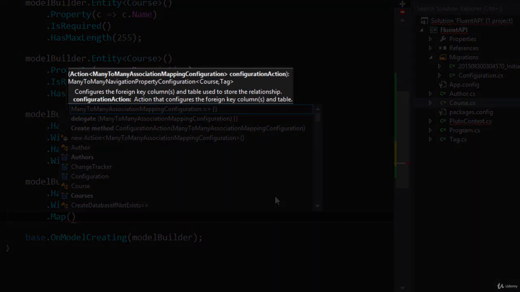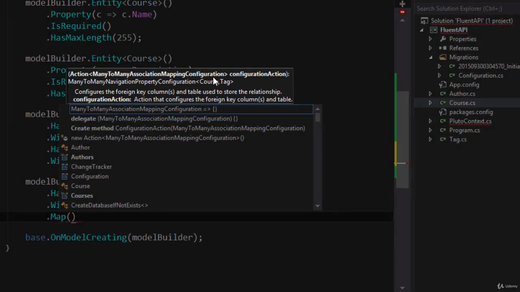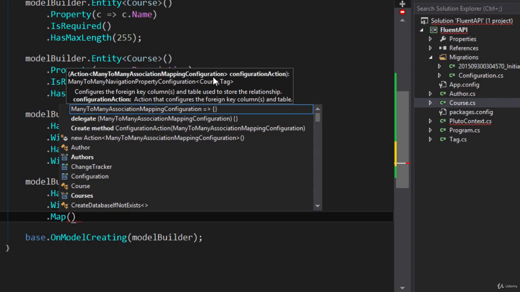So this Map method takes an action. In case you are not familiar with actions, they are delegates. In my C# Advanced course, I go over delegates and actions in detail. But in case you're not familiar with that, I'll give you a brief background here. This action, which is a generic type, takes a parameter of type ManyToManyAssociationMappingConfiguration. It's a very long name, but what's happening here is, here we need to supply a pointer to a method